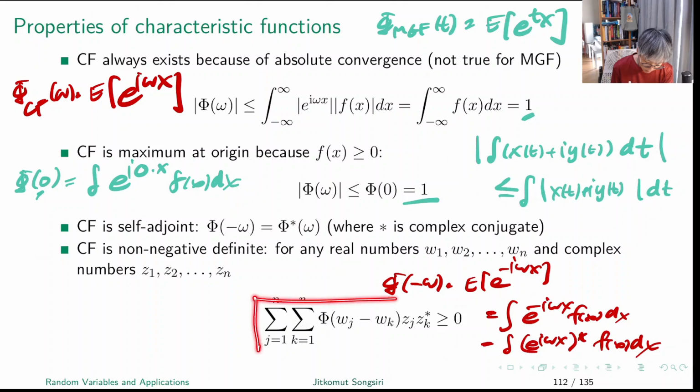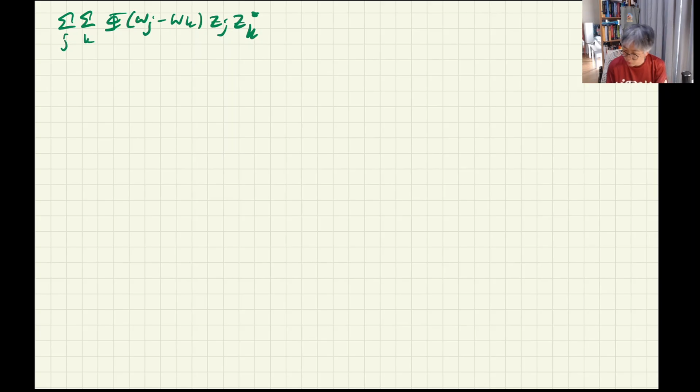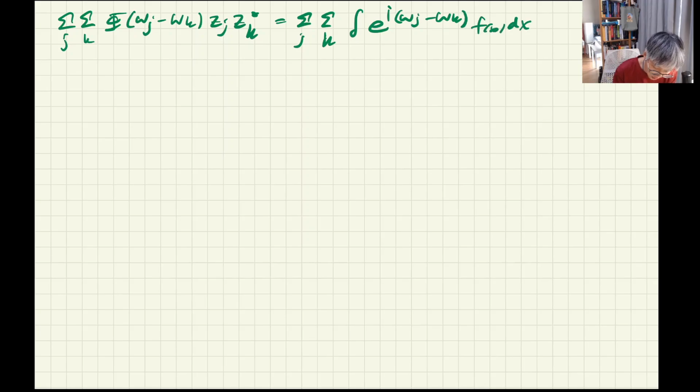So let's prove this property. I have the double sum over j and k of phi of omega j minus omega k, z_j z_k star. I'm going to derive that it is non-negative. First of all, I apply the definition. So phi is the integral of e to the i omega j minus omega k x, f(x) dx,